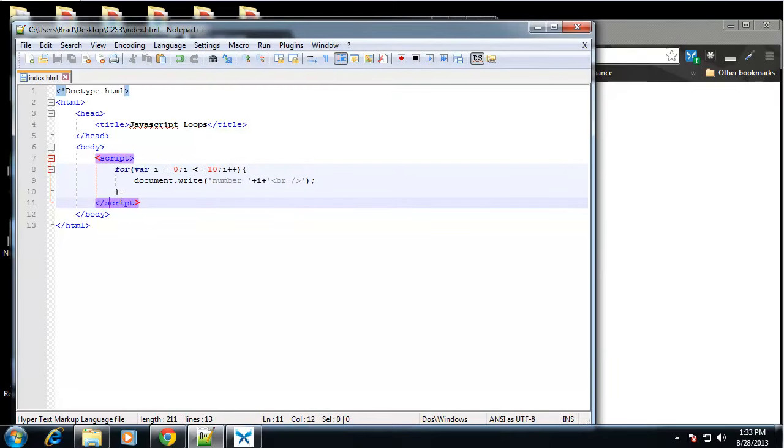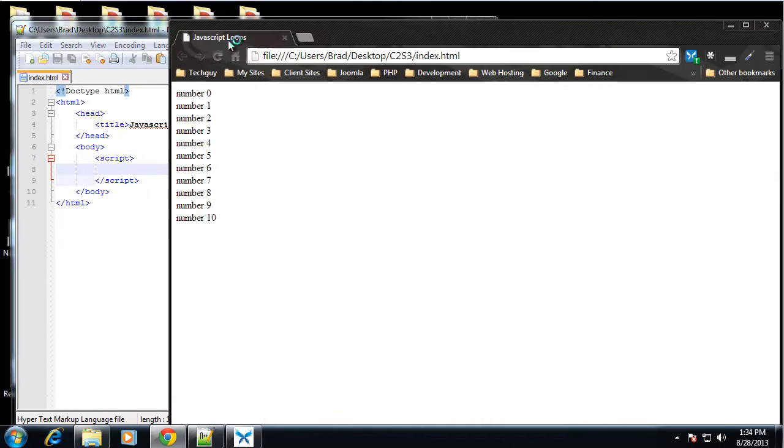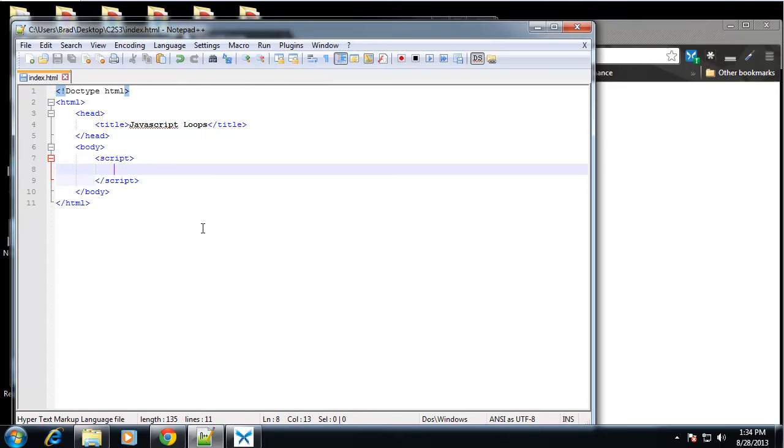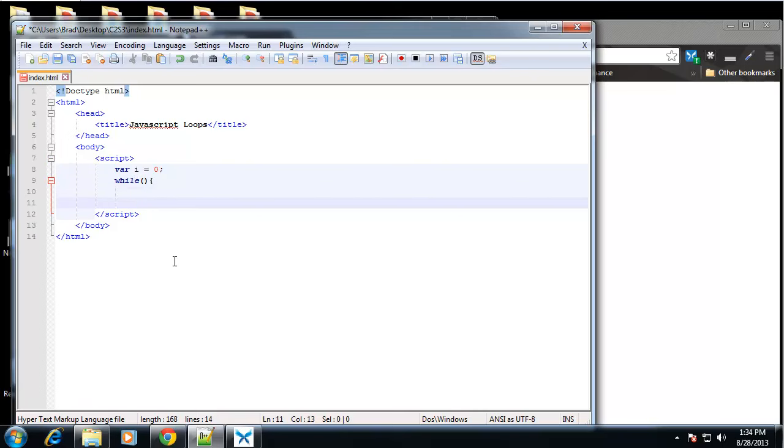Now I'll show you how to do the exact same thing with a while loop. So let's just get rid of this. Clear that out. Alright, so with a while loop, we don't declare the variable inside of anything. We just declare it as we would any variable. So we'll say var i equals 0, and now we use the while keyword with parentheses and curly braces. Now in the parentheses we only want one parameter, and that's the condition. So we'll say while i is less than